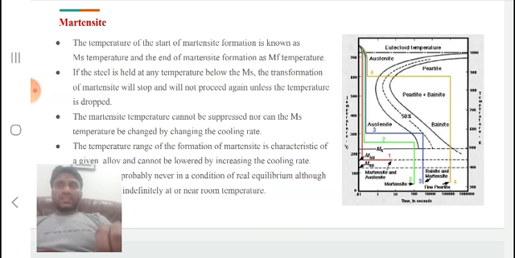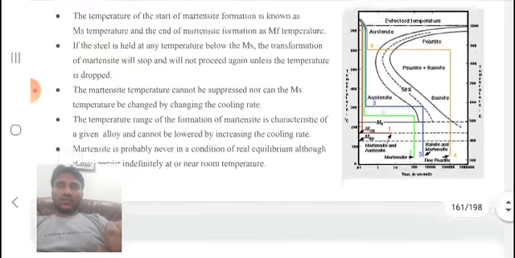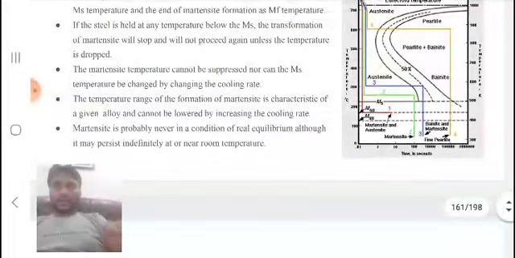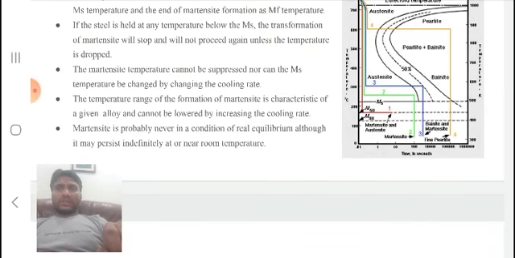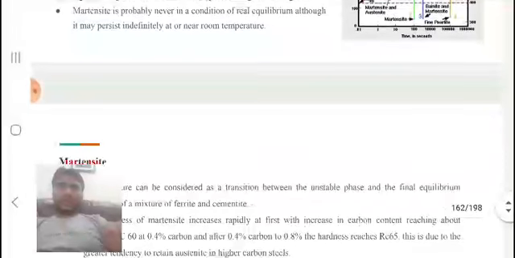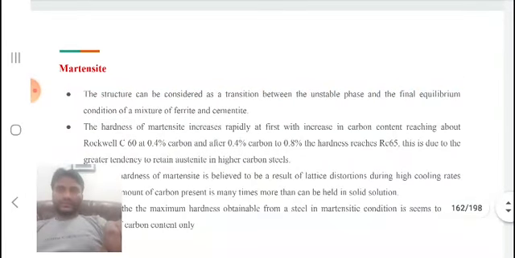The temperature range of the formation of martensite is characteristic of a given alloy and can be lowered by increasing the cooling rate. Martensite is probably never in a condition of real equilibrium, although it may persist indefinitely at or near room temperature. The structure can be considered as a transition between the unstable phase and the final equilibrium condition of a mixture of ferrite and cementite. The hardness of martensite increases rapidly at first with increase in carbon content,